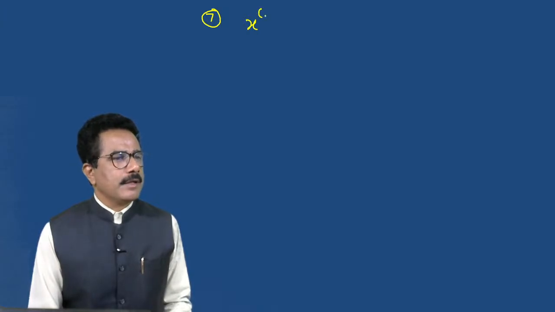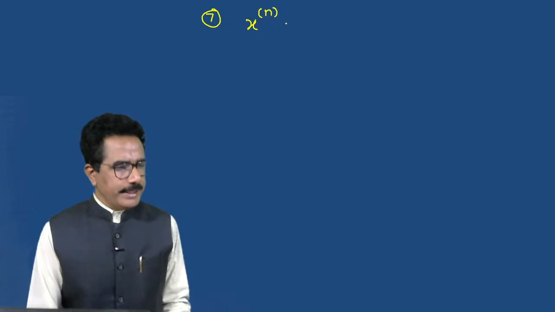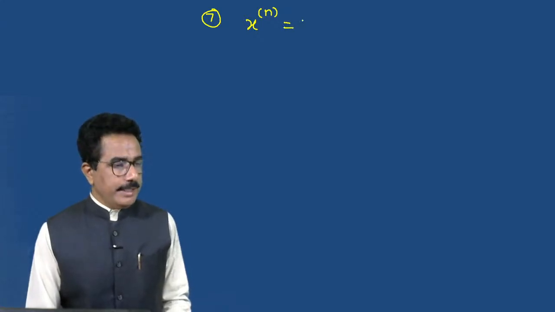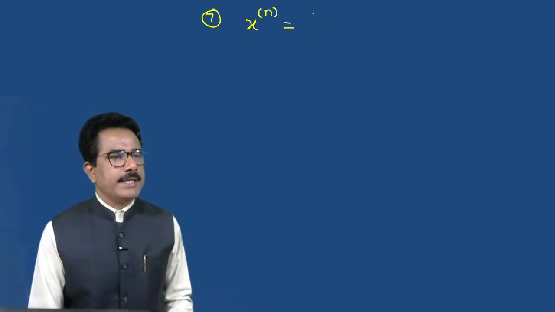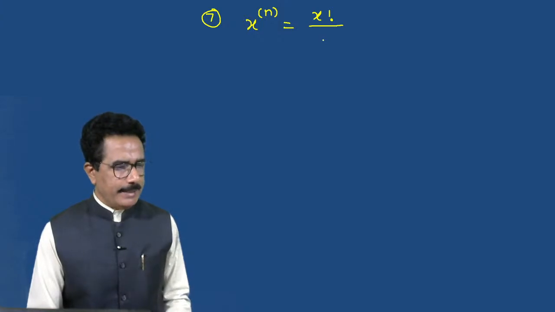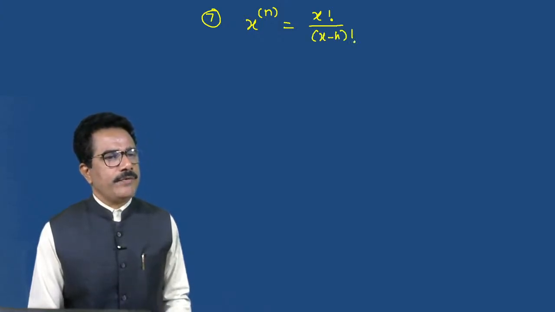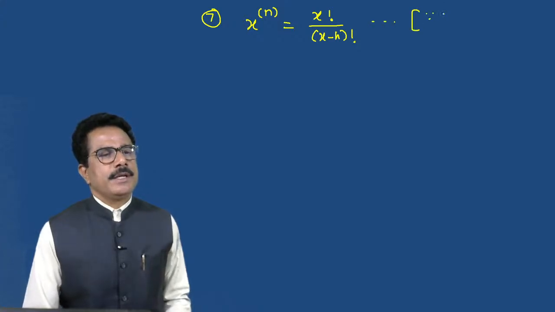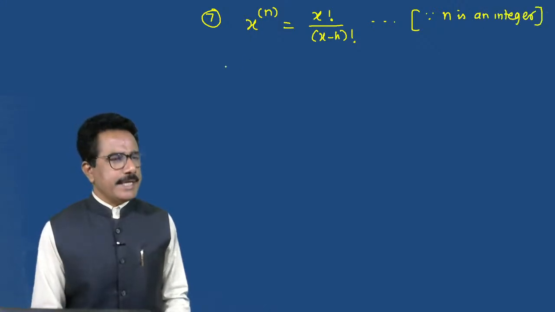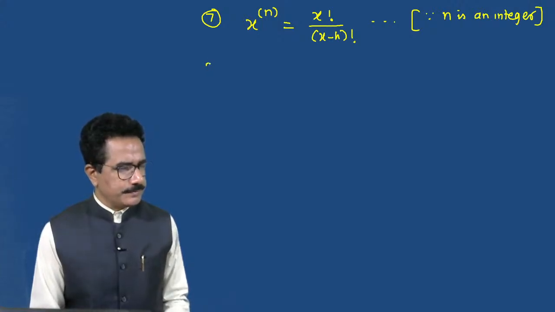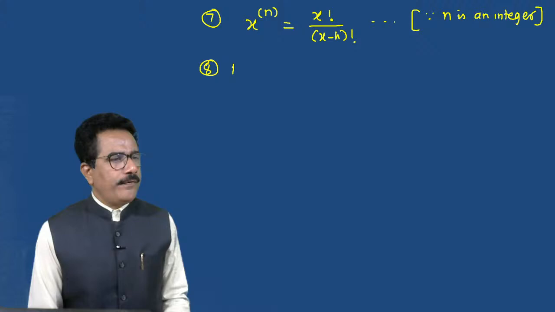नोट नंबर 7, x to the power n factorial, if n is the integer, then we can write it as x factorial divided by x minus h factorial. इथं घ्या, since n is an integer, कुठलाही जर इंटीजर असेल तर. नंबर नेक्स्ट, आठवा, फॉर फॅक्टोरियल नोटेशन